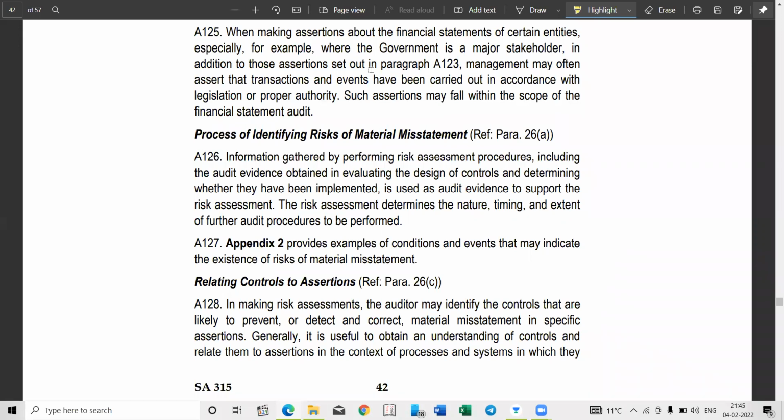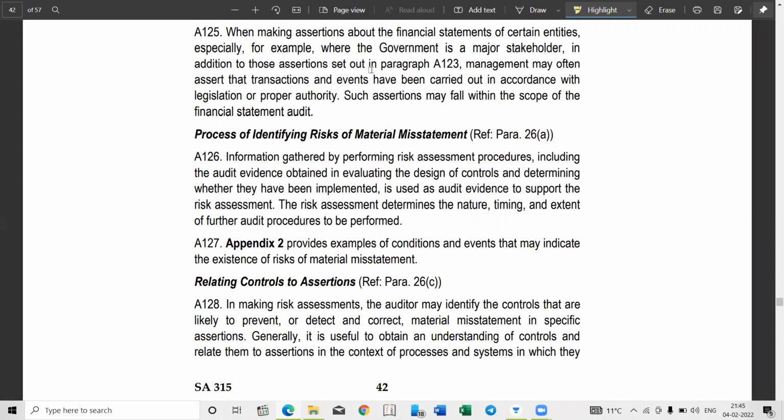Okay, so according to you, everything has to be disclosed, every item? No, not every item. Only the matters which may affect the users of financial statements and the matters that are prescribed by the standards. Standards? Yes, matters that are required to be presented and disclosed by the accounting standards. Are you sure? Yes, but it should be applicable to the entity. A standard should be applicable to that entity.